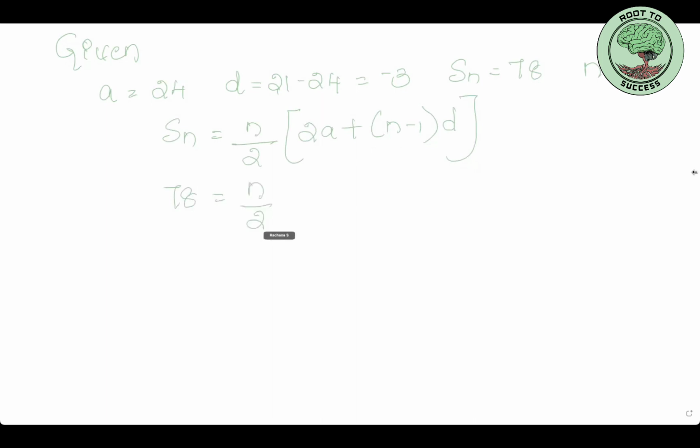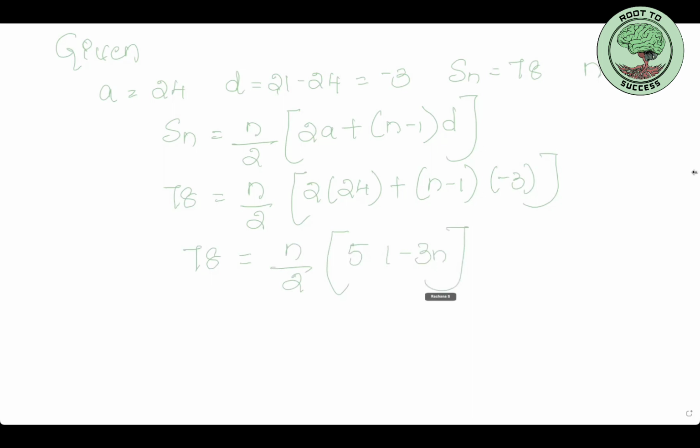So 78 is equal to n by 2 into (2 into a, which is 24, plus n minus 1 and d is minus 3), which is n by 2 into (51 minus 3n). So 3n square minus 51n plus 156